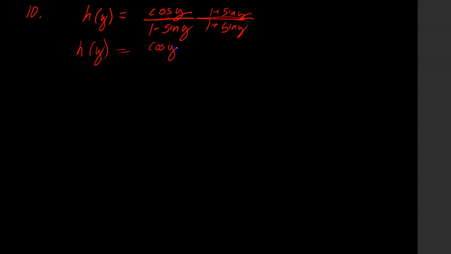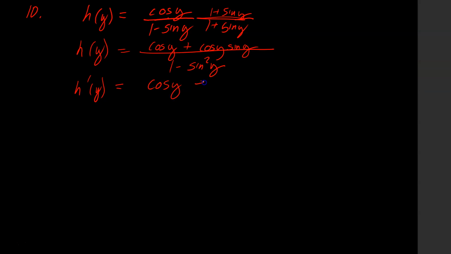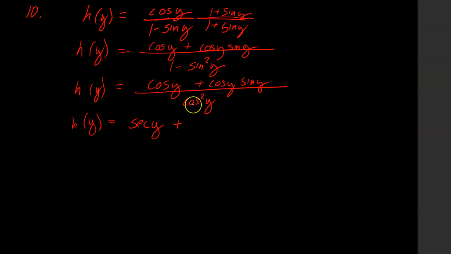So cosine y plus cosine y sine y over 1 minus sine squared. And 1 minus sine squared is something you should know. That's cosine squared. So, ooh, that's not h prime, that's still h. H of y is actually cosine over cosine squared, which is secant of y, plus, let's see, one of the cosines divides, and we're left with sine over cosine, which is tangent of y. If you do it that way,